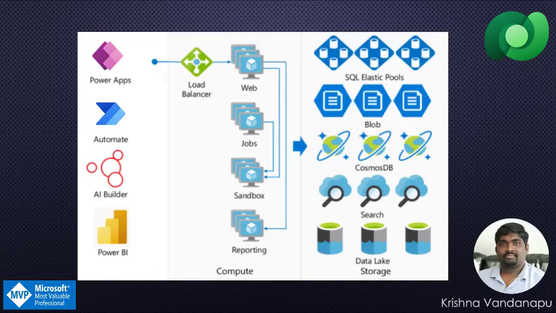If web server W1 has free bandwidth, it will send it to W1. If it is W3 or W7, it will send it to that. Then the web server will process the user request or user call, and then it will send the request to the appropriate